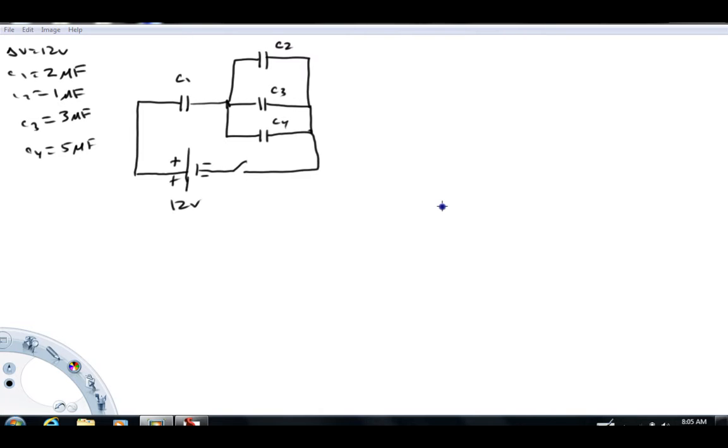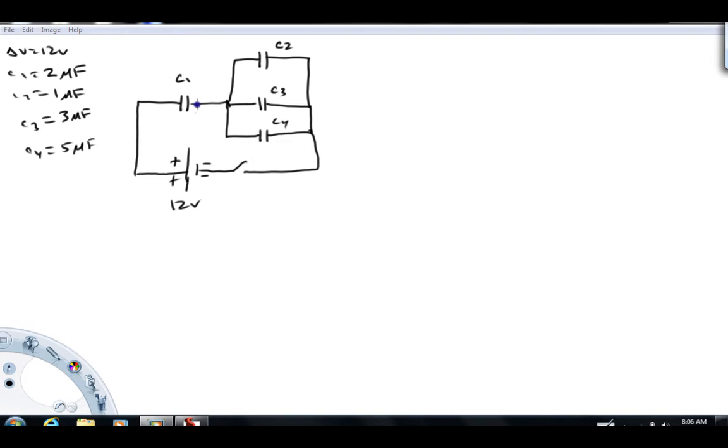The purpose of this video is to demonstrate how to use the concept of equivalent capacitance to simplify a circuit down, analyze the simplified circuit, and then go back and analyze the original circuit after you get it simplified down. So in this example, we've got a 12-volt battery hooked to a